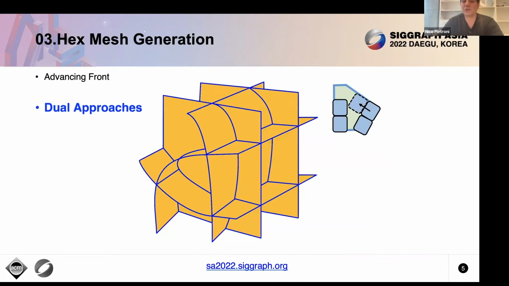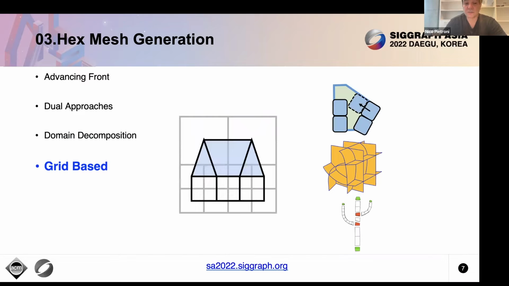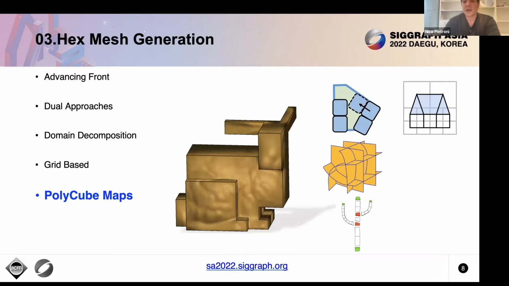Then we will talk about the dual approach that exploits the dual structure of hex-mesh. Then we'll talk about domain decomposition, so how you can split the surface into different patches, and then use some predefined tessellation to assemble a hex-mesh. Then there are the most robust methods, which are called grid-based methods. We'll see advantages and drawbacks of these methods that are commonly used in industry, and some new methods, including polycube